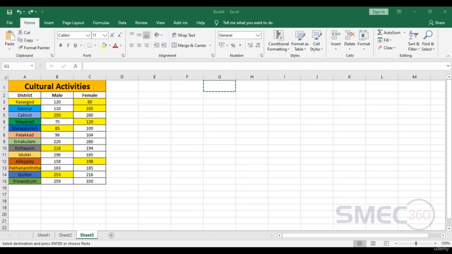Now we will see how to cut and paste cell content. Unlike copying and pasting, which duplicates cell content, cutting allows you to move content between cells. For example, if I want to cut this content from here and paste it in G column, what will I do? I will select the cells like this,